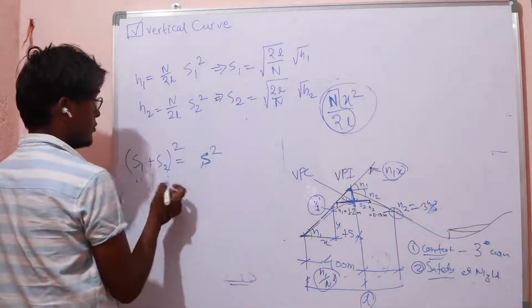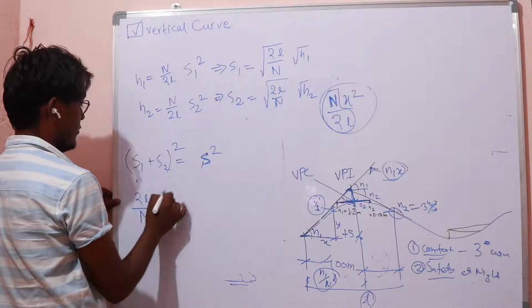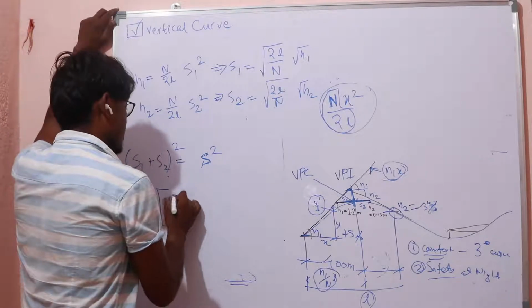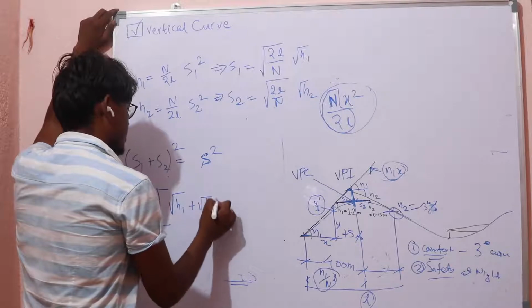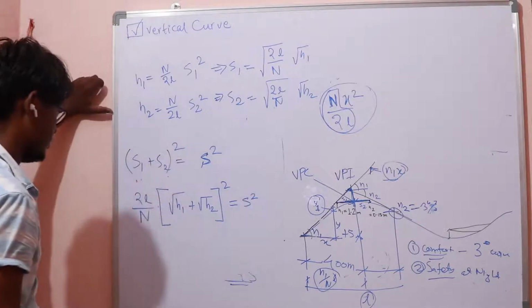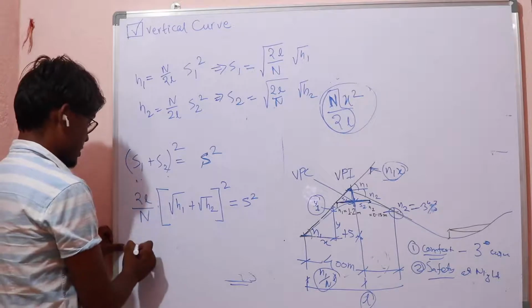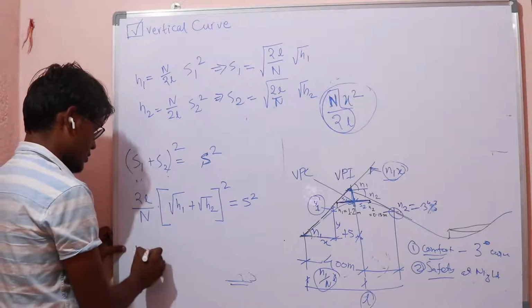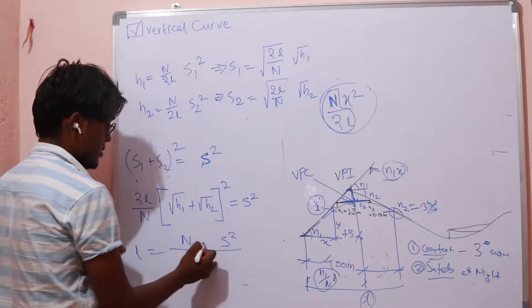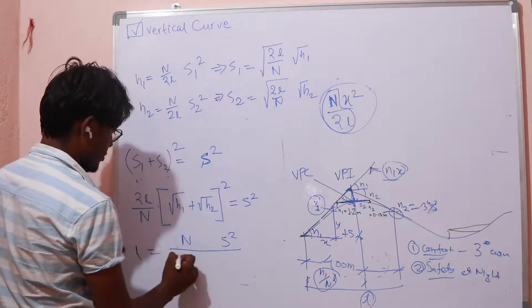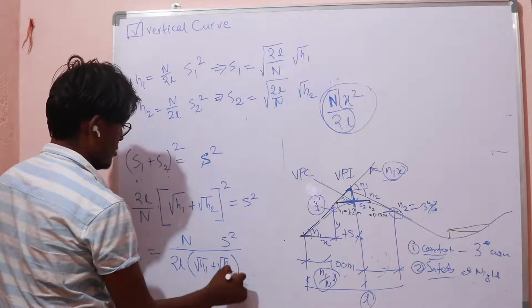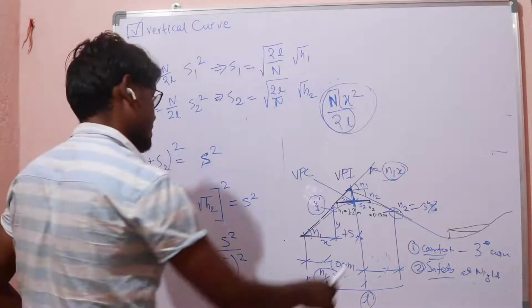Then we add these. The 2L over n is common to both, so we take it common and then square it. That becomes root h1 plus root h2, whole squared, equals s squared. So what we get is L equals n times s squared over 2 times (root h1 plus root h2) whole squared. Now the common problem here is that the driver's eye is